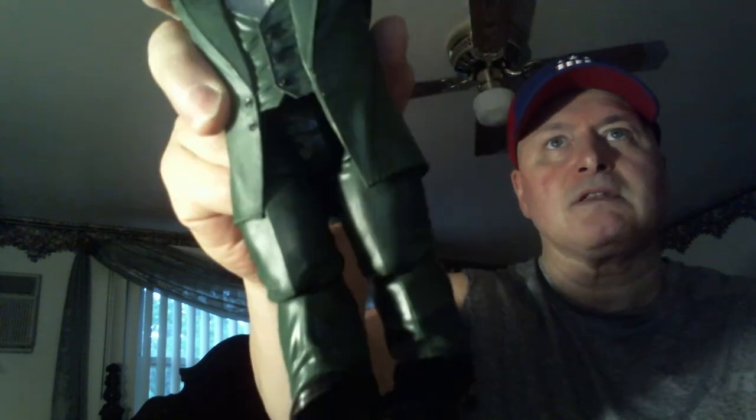Oh boy, these legs just do not stay on. This is a warning. Make this a little review for Hasbro. I don't know if they think no one takes things out of the box because of collectability, but this is crazy. I mean, I'm certainly applying enough pressure. I mean, they're on, but